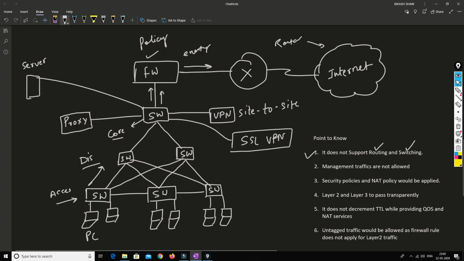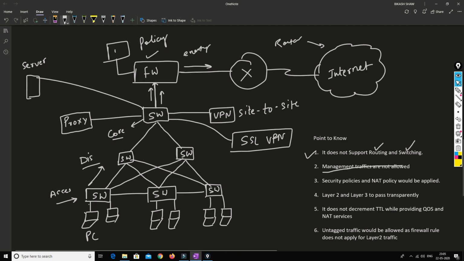It also does not allow any management traffic. If you want to manage from the vWire interface, you cannot. You need a management interface to manage the firewall. You cannot log in from the vWire interface because it doesn't have any IP address.